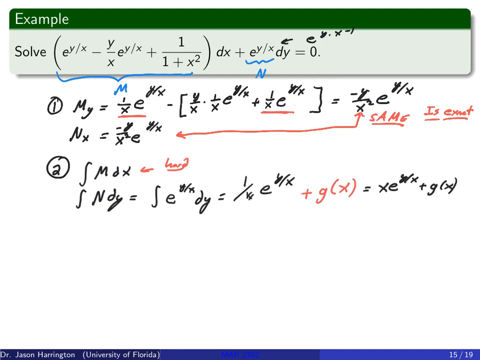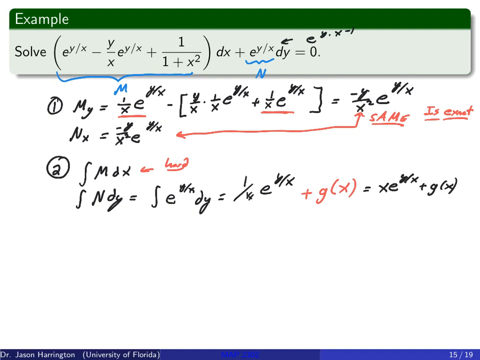Okay. Now this is the part that should make my life a little bit easier. Remember, I know that the function f has to have this term, and it has to have some parts with g of x. And if I take the derivative of this with respect to x, I should get this function back. So instead of integrating and comparing the two results, what I'm going to do is I just found the second result, and now I'm going to differentiate it and compare it to that without having to integrate. Because, well, it's hard and I don't really like to integrate big, massive, crazy things.